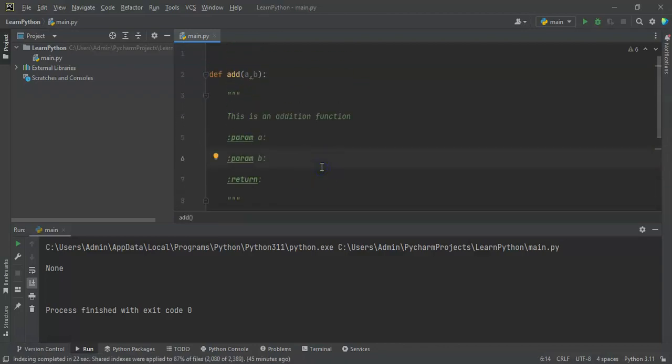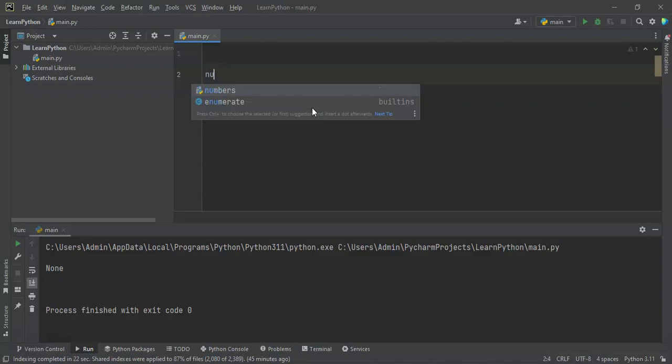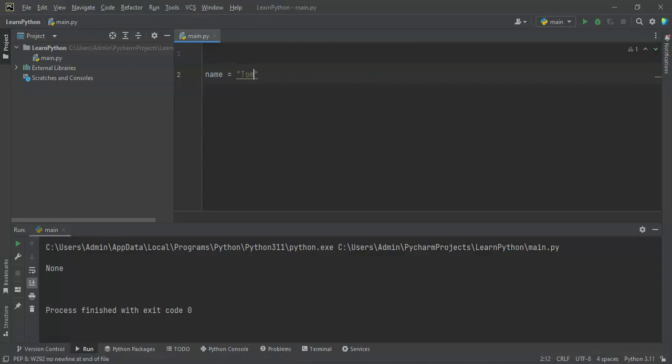Okay. And after this, there is a set of rules defined for writing variables. So typically, variables should be written in lowercase. If I type name is equal to Tom, this name Tom is assigned here. And if I actually write first name,